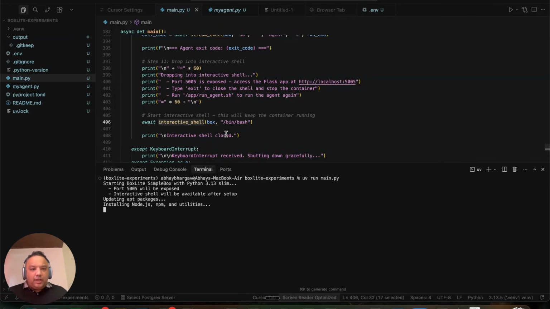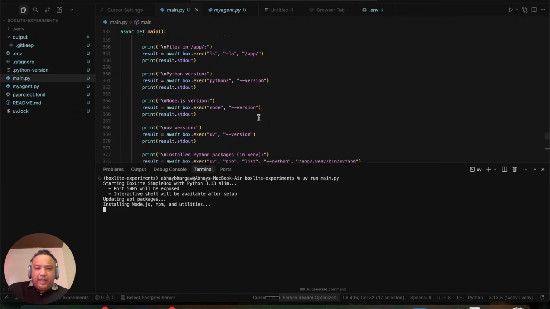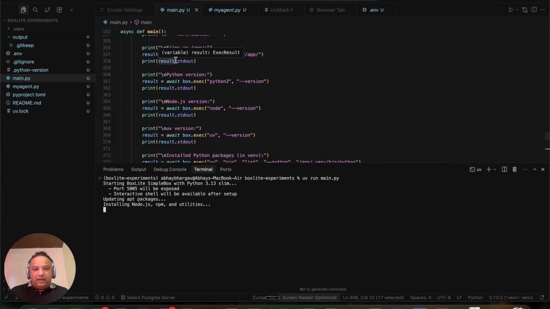So you should consider doing that if you're actually considering using this. And this also has a CLI, although I have not quite figured out how to use that yet. You can use all of the SDK functions to be able to query box.id and box.status and all of that stuff.